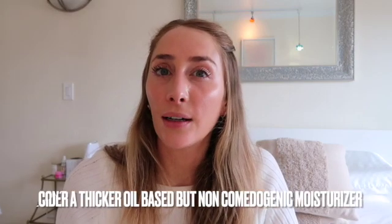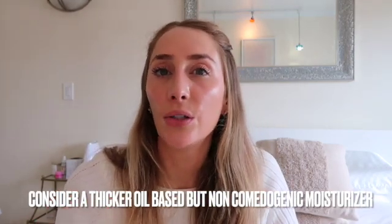I think the key here when it comes to switching to a heavier moisturizer is just being really savvy, because although we need something more emollient to nourish our skin, there are definitely a lot of thicker moisturizers that can be a big problem and really clog your skin. I, of course, always favor clinical lines like a Glymed Plus or an Is Clinical, because